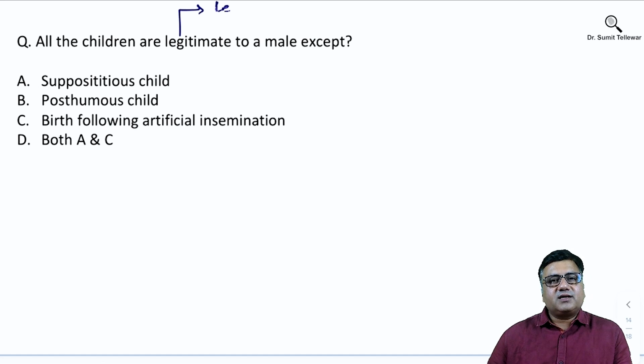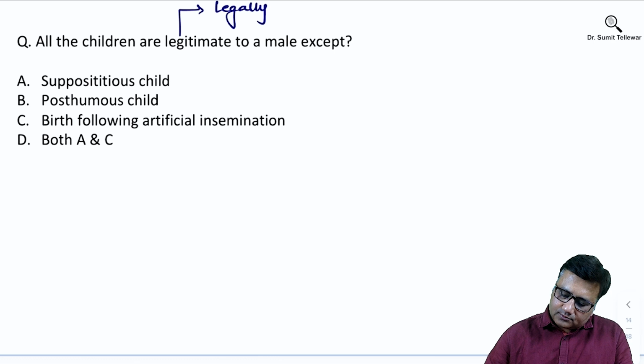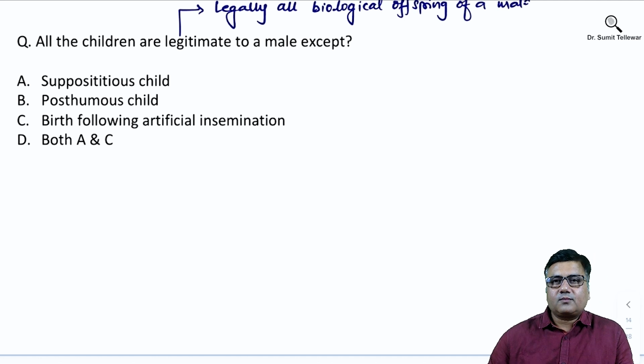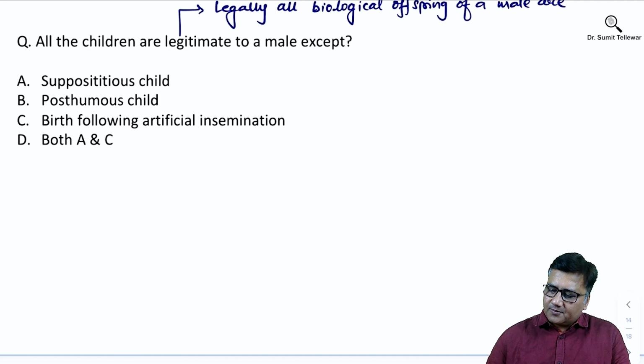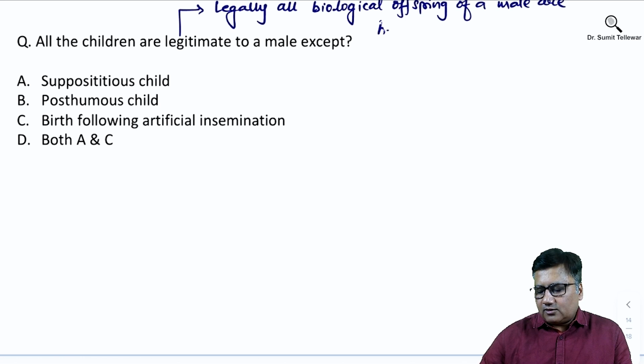In simple words, legally, all biological offspring of a male are heir to his